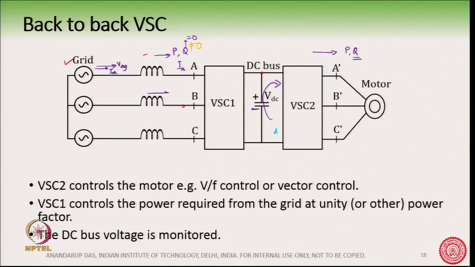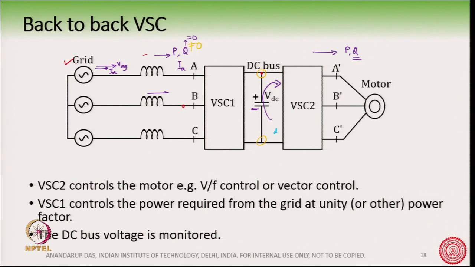So, the Q from the grid and the Q from the motor are independent quantities, and they can be controlled. They can appear as an oscillation on the DC bus voltage. Essentially what I mean to say is that Q is a free variable to control. You can control the Q for achieving certain purposes.